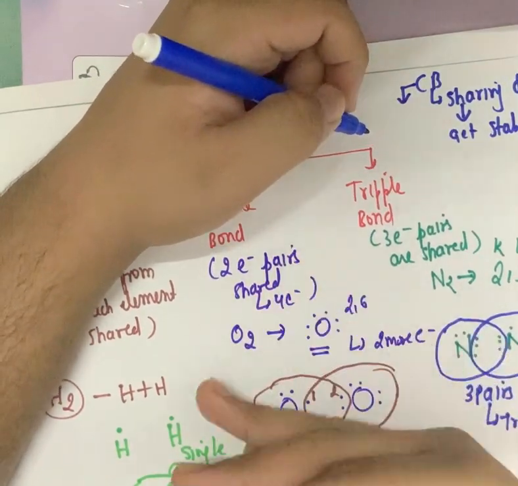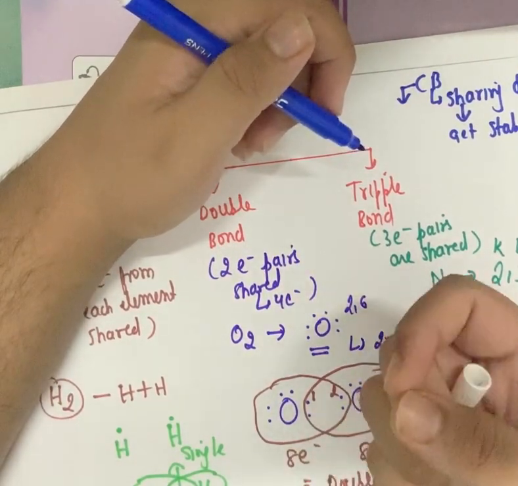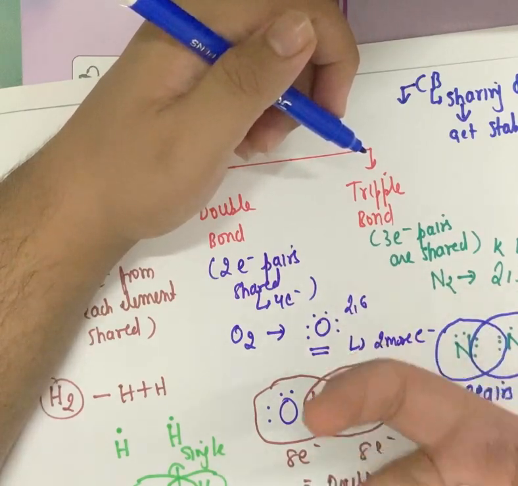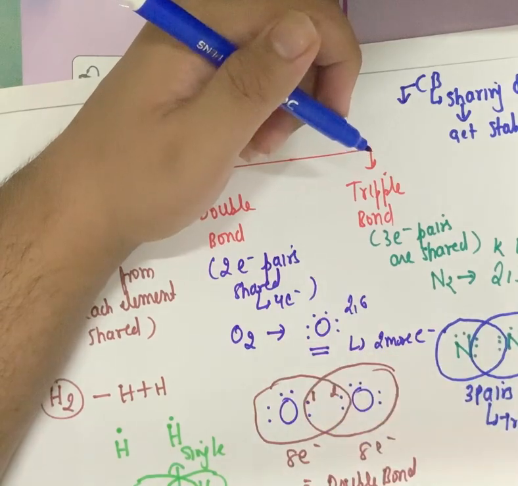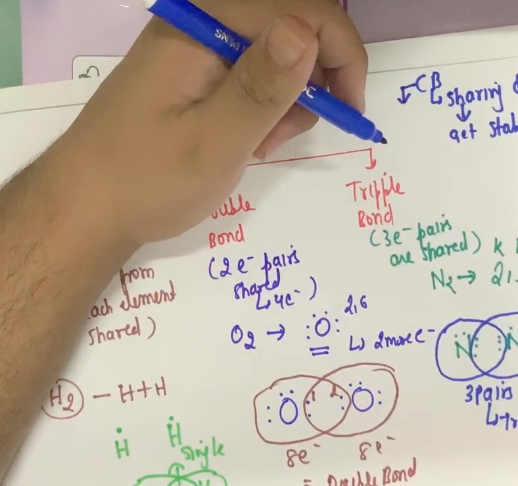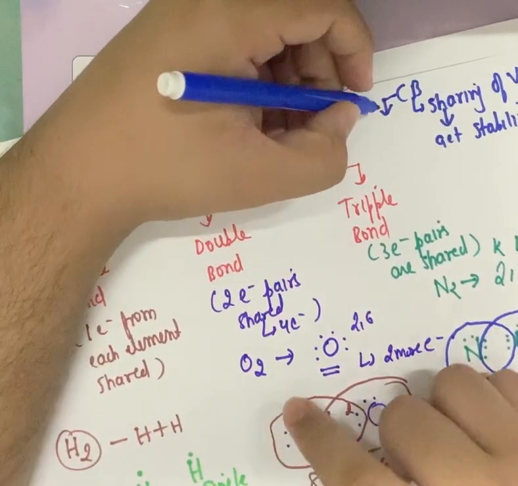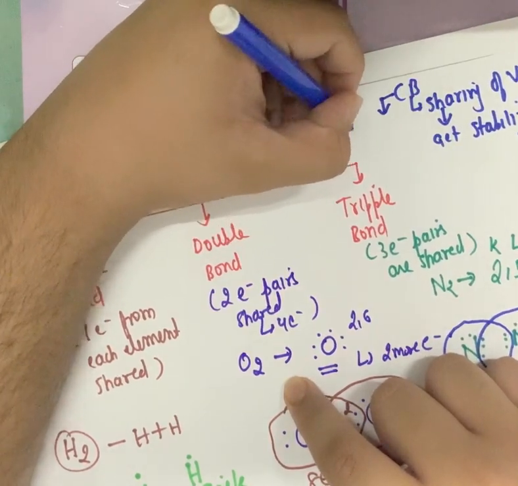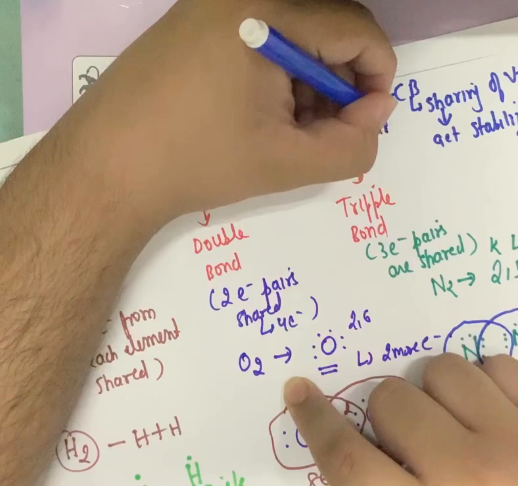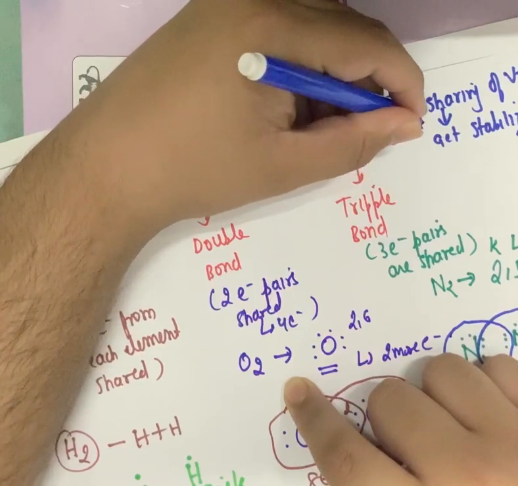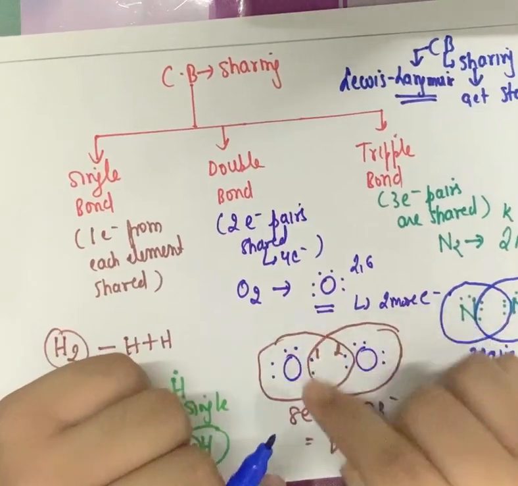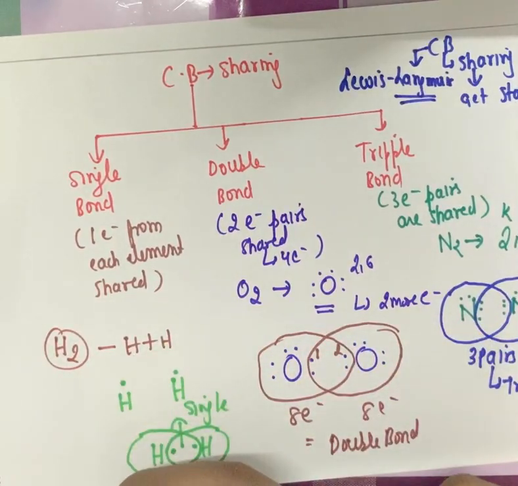This covalent bond theory hence provides a model of sharing of valence electrons in order to get stability. Now why not these elements go for ionic bonds? This is just because they cannot just lose or gain the electrons as such. So that's why they actually prefer mutual sharing of electrons and they form the covalent bond. This covalent bond was introduced by Lewis and Langmuir. So it is called the Lewis-Langmuir theory, which is explaining the formation of the covalent bonds.